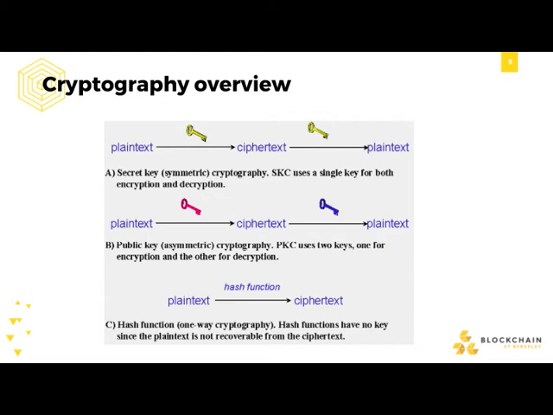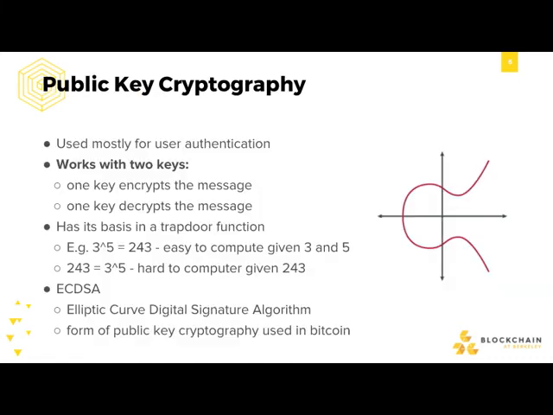And the third type of cryptographic protocol, which is pretty important, is a hash function. What a hash function does is take the plain text and convert it into a separate kind of ciphertext. It's meant to be a one-way irreversible function. There's no real key, because the ciphertext is not supposed to be invertible into the plain text. So one of the ones we'll be focusing on is public key